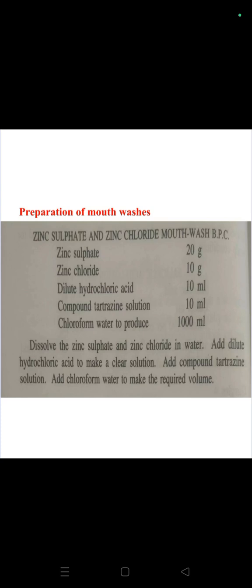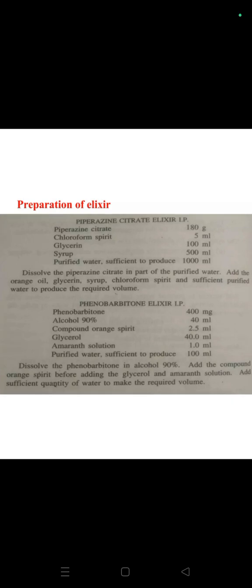Ingredients required: zinc sulfate 20 gram, zinc chloride 10 gram, dilute hydrochloric acid 10 ml, compound tartrazine solution 10 ml, chloroform water to produce 1000 ml. Dissolve the zinc sulfate and zinc chloride in water. Add dilute hydrochloric acid to make a clear solution. Add compound tartrazine solution and add chloroform water to make the required volume. Preparation of elixir. Piperazine citrate elixir. Ingredients: piperazine citrate 180 gram, chloroform spirit 5 ml, glycerin 100 ml, syrup 500 ml, purified water sufficient to produce